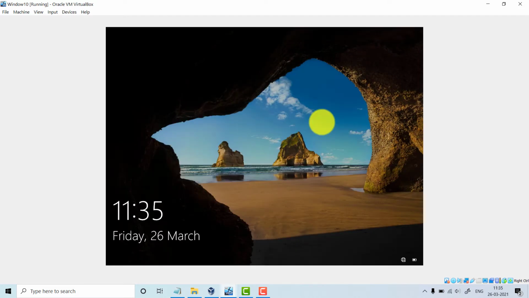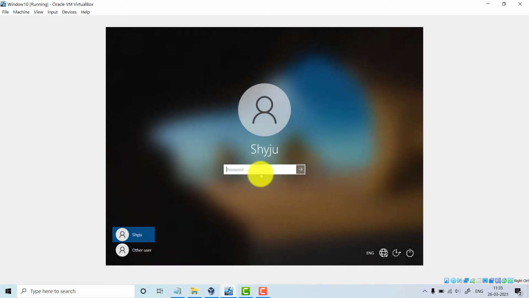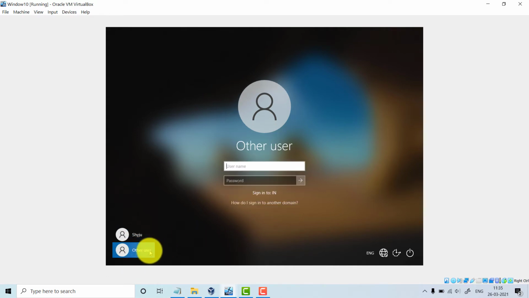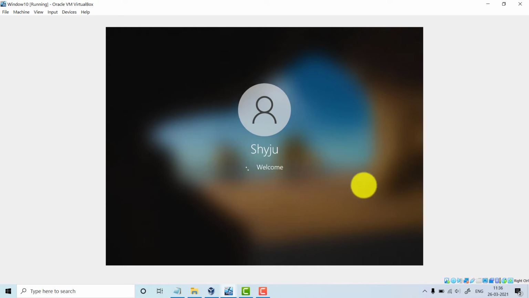Okay, the machine has started. Shaiju, and the password is college1 college2 @123. Let me check whether the password is proper or not. Fine. Let me log in.